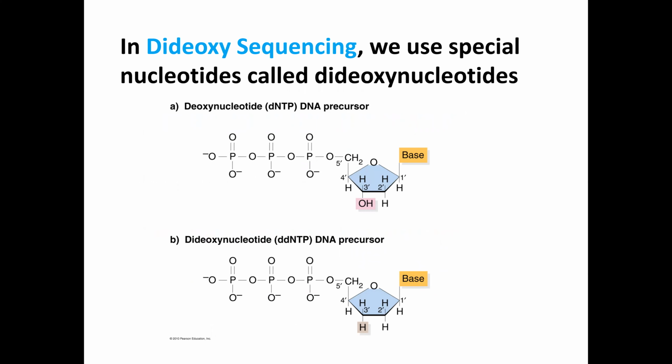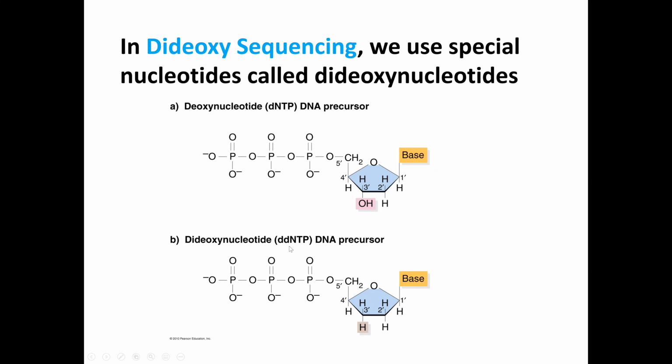Another difference between our capillary sequencing reaction and a PCR is the type of nucleotides that we're going to use. In a standard PCR, we add our building blocks, our deoxynucleotides or dNTPs. These are going to be a set of those 4 nitrogenous bases, A, C, T, and G. And this, again, is just a standard nucleotide we would have in a reaction. In capillary sequencing, we're going to use what we call a